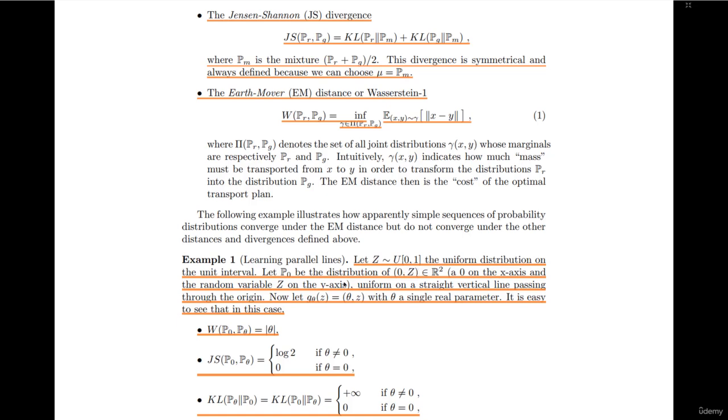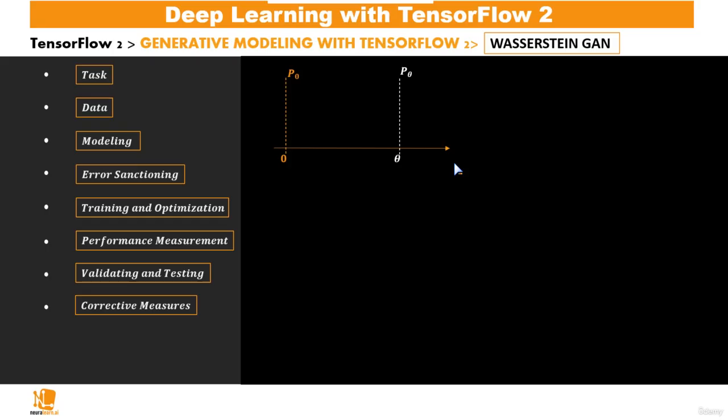Now, let P0 be the distribution of (0, Z), both taken from R squared, where 0 is on the x-axis and the random variable Z on the y-axis, uniform on the straight vertical line passing through the origin. Now let G theta of Z equal (theta, Z). So instead of (0, Z), now we have (theta, Z), where theta is a single real parameter,